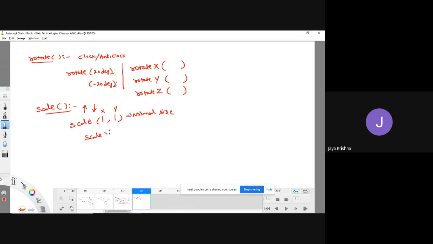If I pass scale on the x-axis as 2, what is the meaning of this? On the x-axis, it is going to increase its size by 2 times. If I write scale x of 3, it increases the size by 3 times on the x-axis. Similarly, scale y of 2 is 2 times on the y-axis, 3 times on the y-axis. If you would like to combine, it is going to increase the size on both the x-axis as well as the y-axis, 2 times the element size.